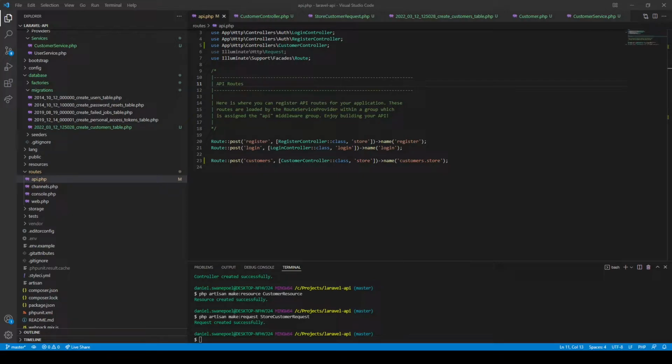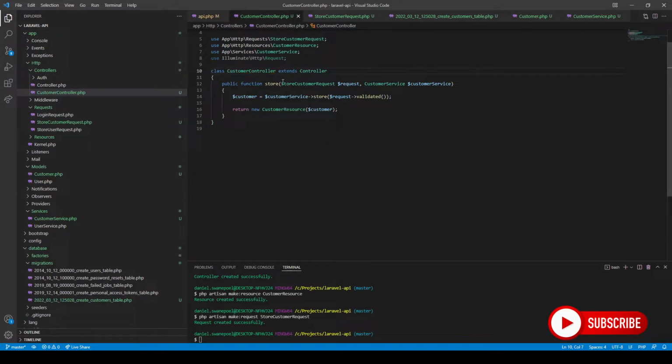So in order for me to show you how to do this, I prepared a couple of things in our API that we're busy developing. Today we're going to add some customers. So what I've done is I've created the customer's route. I've also created the customer's controller, and I've implemented the store method in our customer controller. I've also set up the customer service, which we would offload the actual create function of the customer to